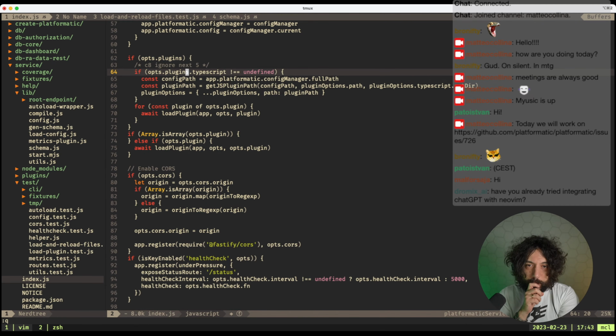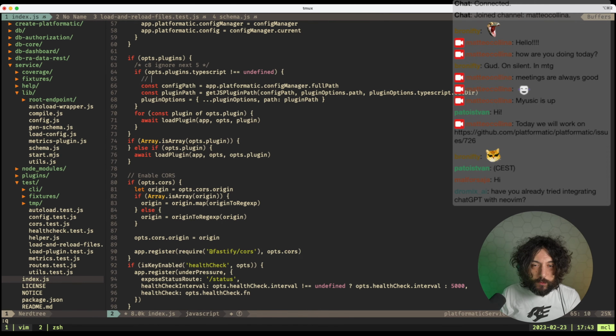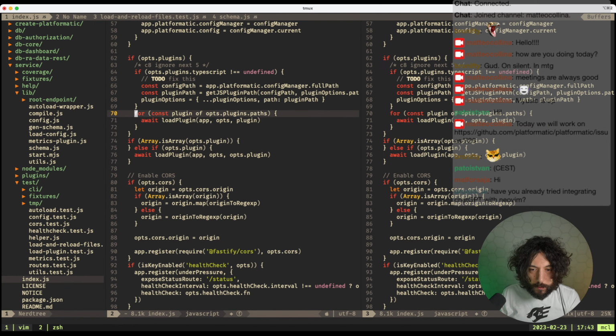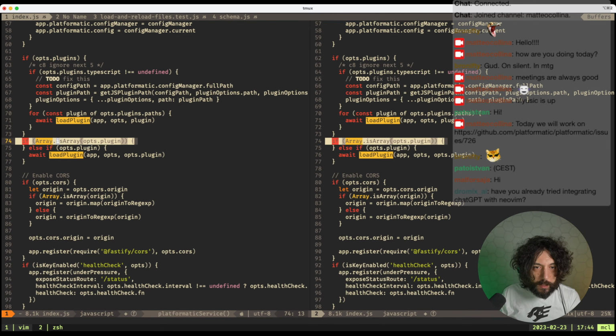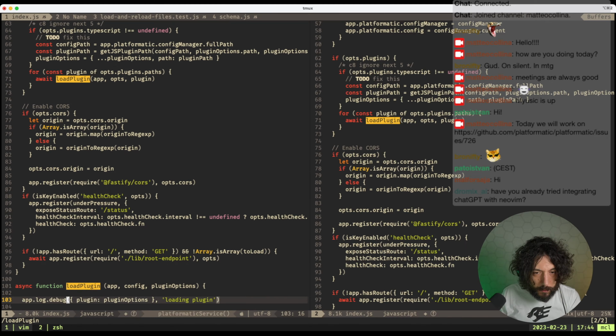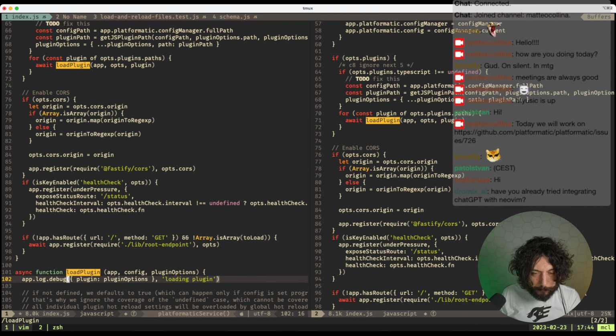Okay. To do these, fix this. Let's not talk about TypeScript. So plugins paths. Okay, and load plugin. So this blob can go. And